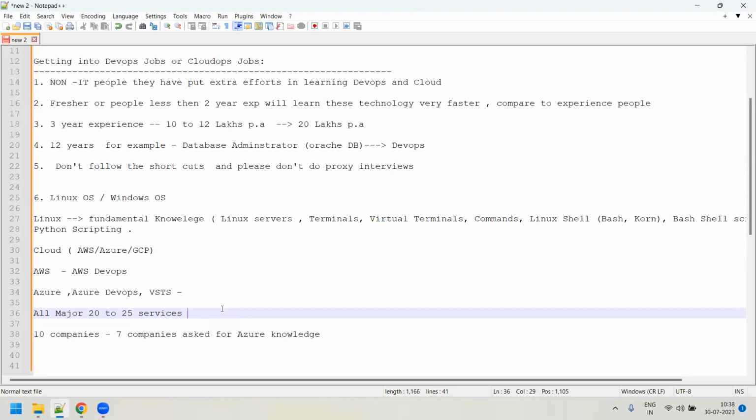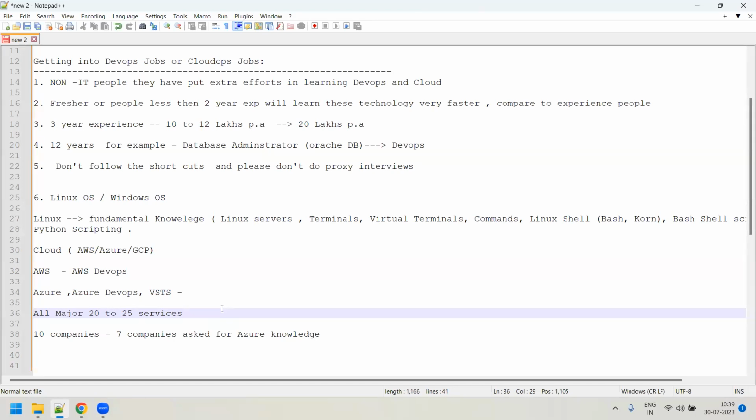Now when it comes to Azure or AWS, guys, 20 to 25 services are very, very mandatory. You need to learn them. So should I learn other things also? Yeah, whenever you have time, keep learning. Nobody will stop you from learning. But what I would say is, first address these 20 to 25 services in a very effective way, so that you will learn everything. Clear, guys?